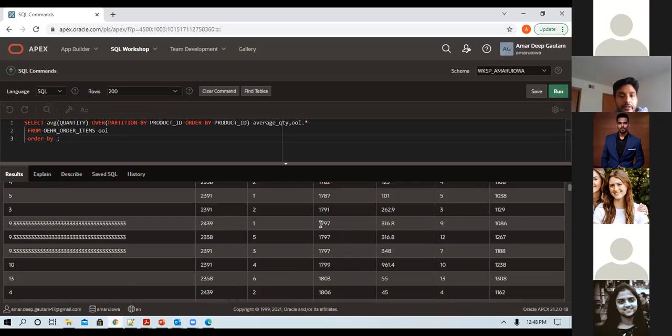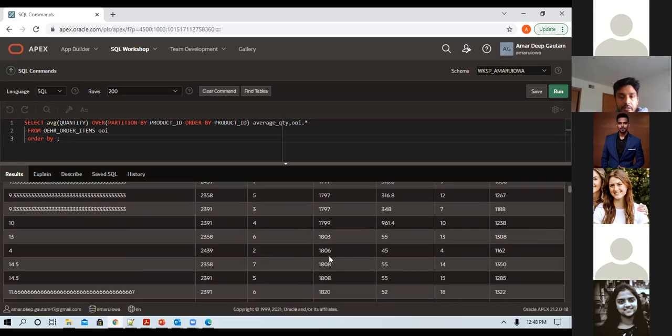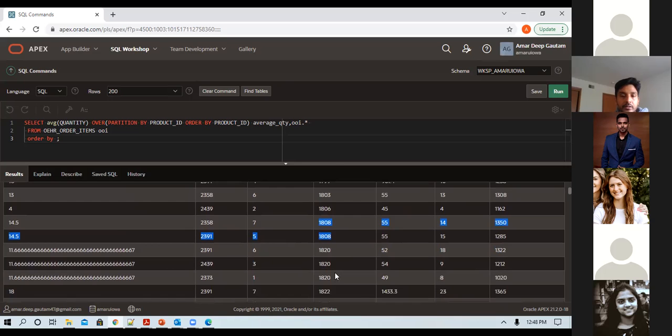So what it did was a grouping on this product ID and it calculated the average of the quantity, but only for these three. Similarly, it would have done for any other, let's say this one, 1808. It did for this one too, and it calculated 14.5. Similarly for 1820.